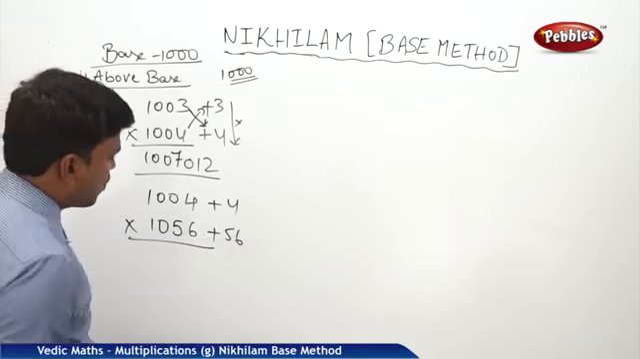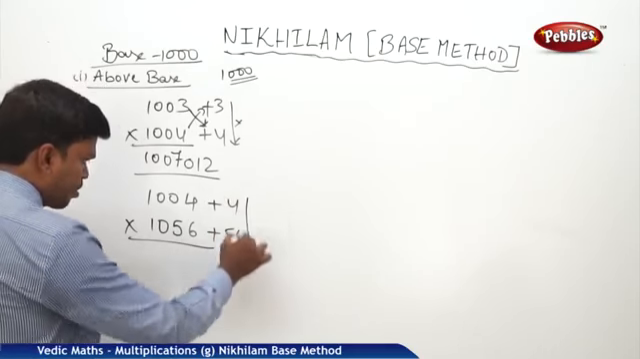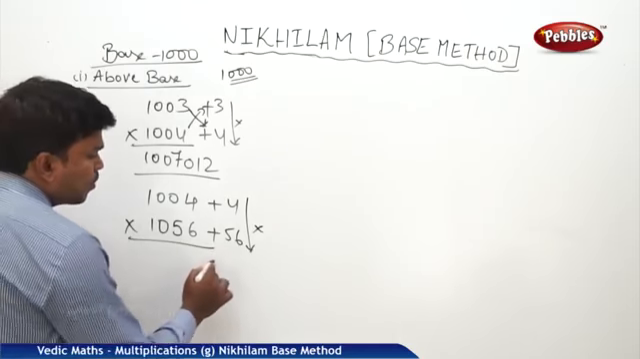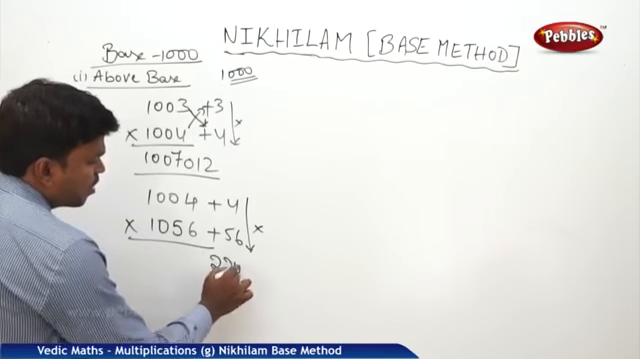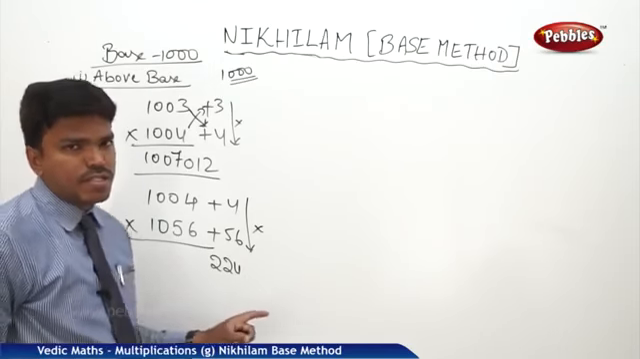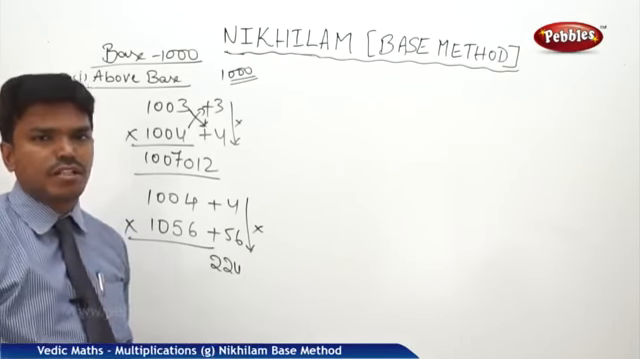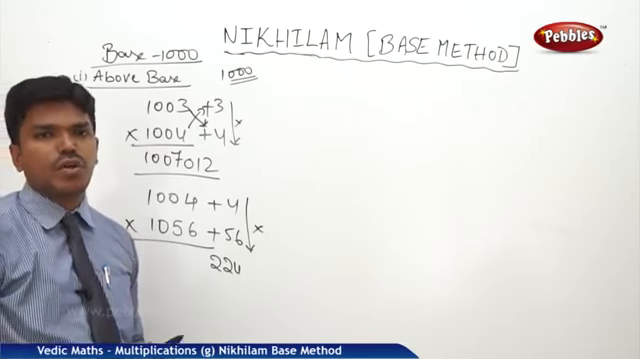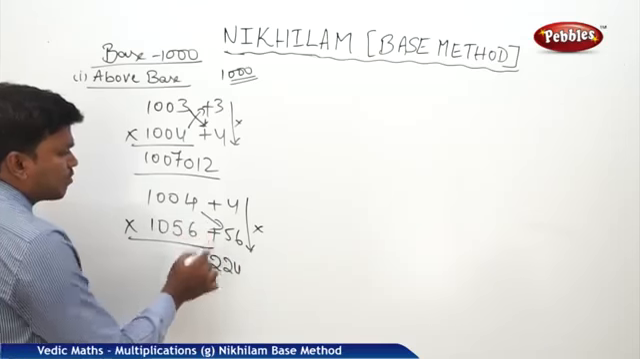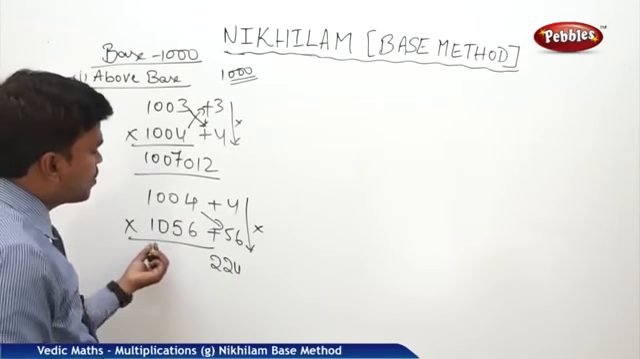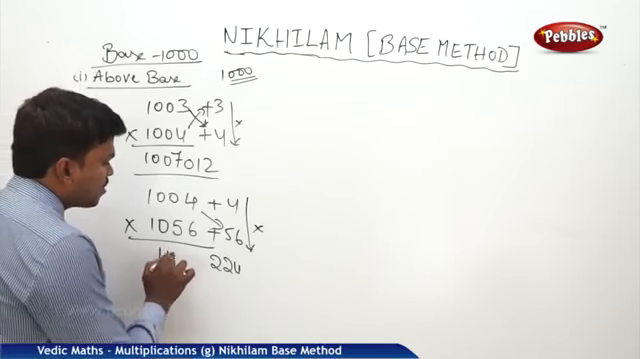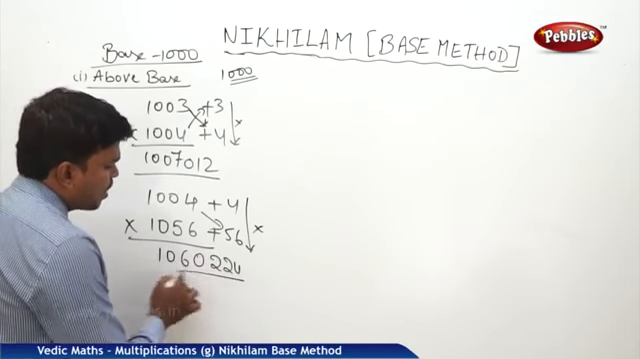Now what is 56 into 4? You need to multiply these two. So 224. 224 is the right side part of the answer. That is 4 into 56. Are there the same number of digits? Yes, 3 digits are there. So there is no problem with the right side part of the answer. Now cross addition. 1004 plus 56, or 1056 plus 4. Both are going to give the same answer. How much is it? 1060. So my answer is